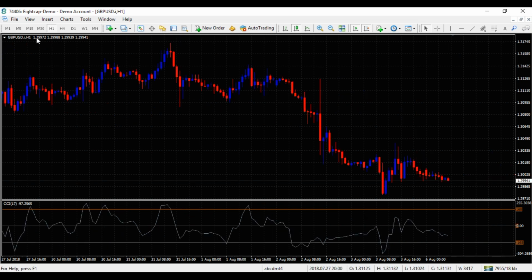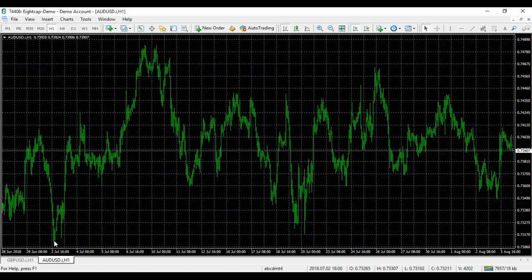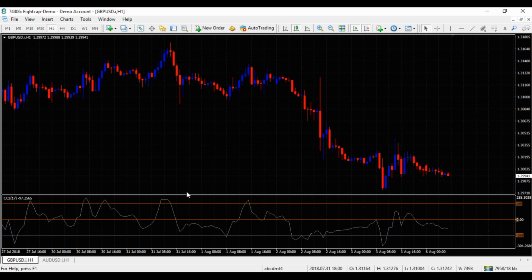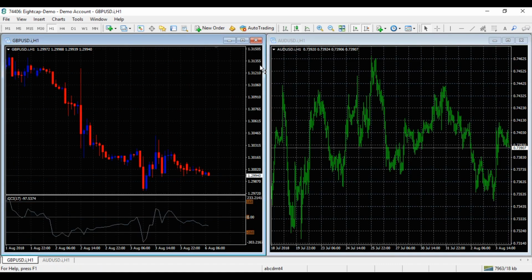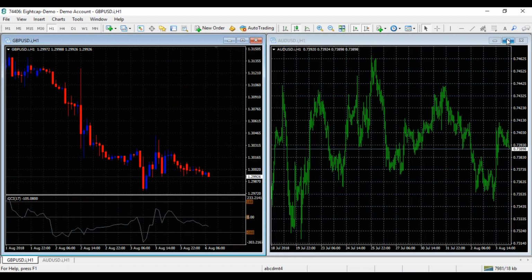Now for multiple charts, we'll just open up a couple of new ones. If you did want to view them as a tile, you just use this button just up the top, just here next to the zoom, and that's how to tile. So if you click on that, it will tile them for you automatically. If you want to view one particular chart maximized again, you just click here on that chart, and you can just click there again, and then you can select this chart